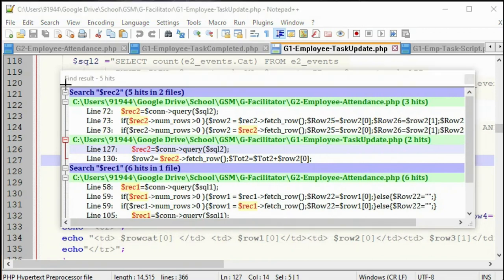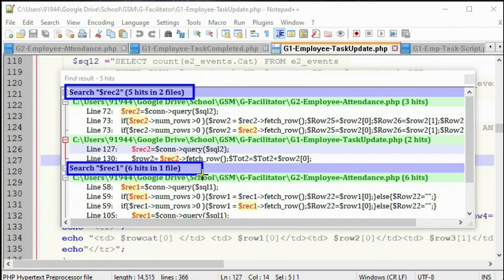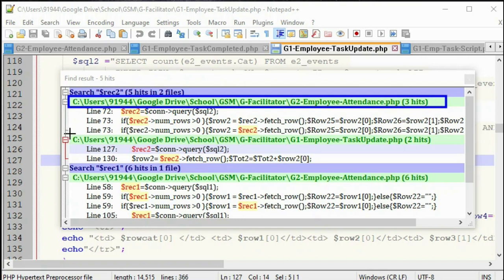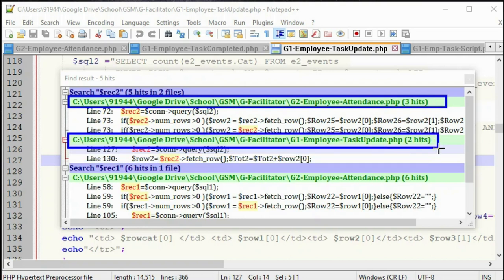The first information is a tab line, which shows the search word, how many matches were counted, and how many files have that matching word. The second information is the file name which has the matching word, shown with the full path. In brackets it shows how many matching words are available in that file.